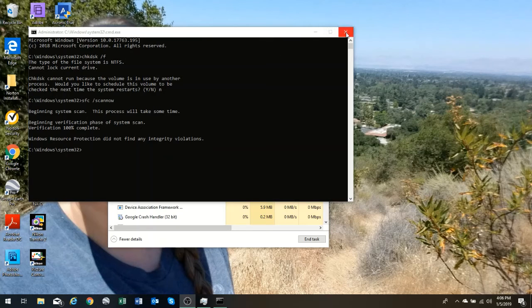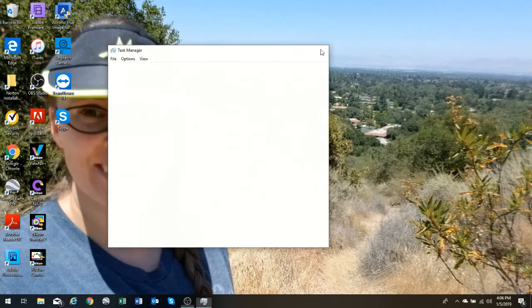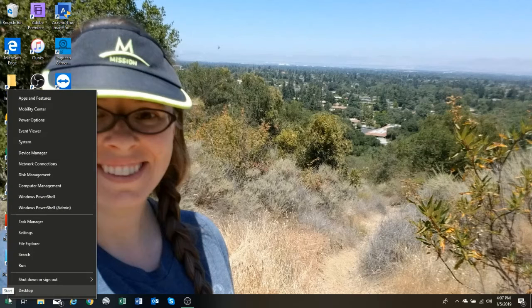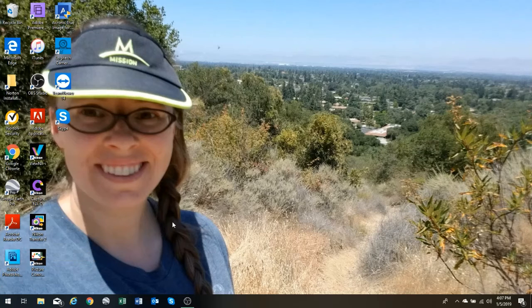So let's close that down. All right, there's a couple other things you can do. Most manufacturers will have diagnostics after the boot, and you can search for them and see if they have them. And then Windows will have a